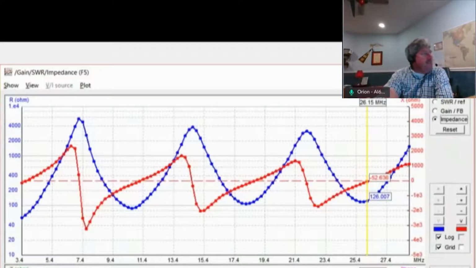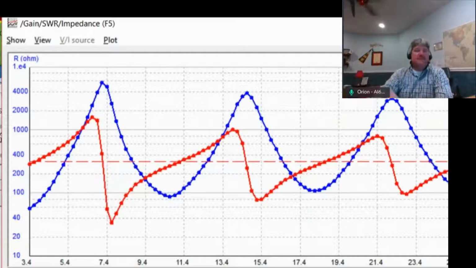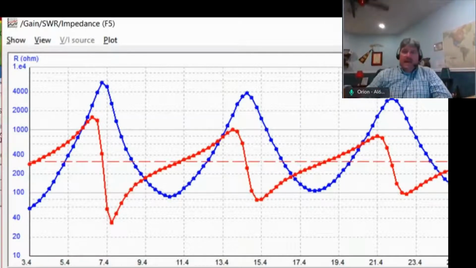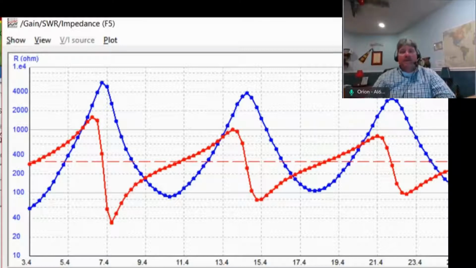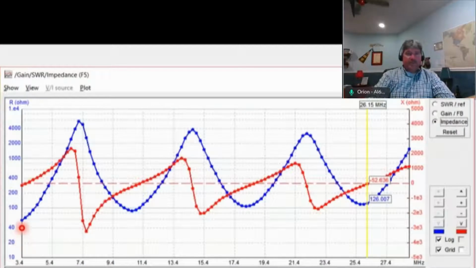If you're curious about impedance, that's what the top chart is all about. It will show you the impedance, and it gives you the real version, and it gives you the imaginary portion of the impedance for the antenna as we move through the frequency. So you can see here we have down here at 3.4, you can see the real part goes up and down, and the imaginary part